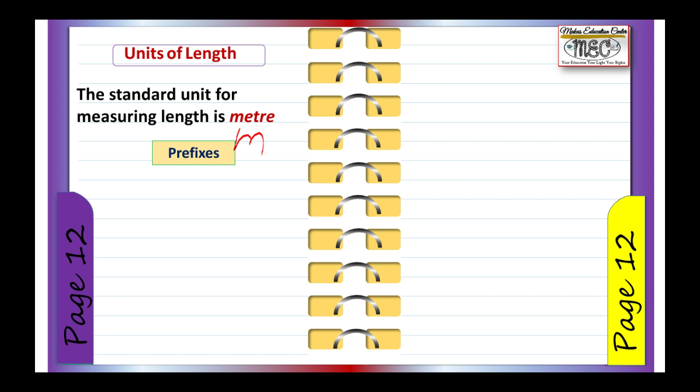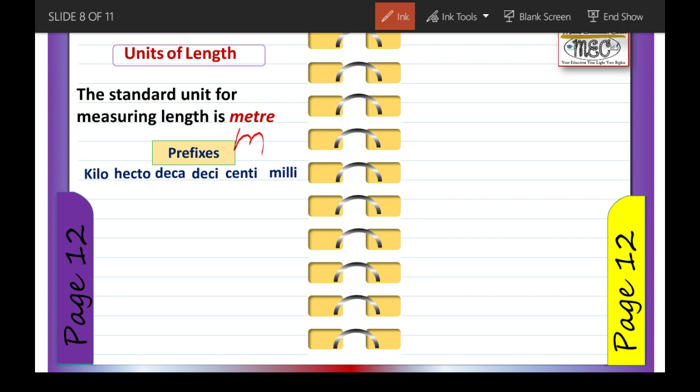The standard unit of length measurement is the meter, but we also have other units, not meters. So how do we get those other units? We use what we call the prefixes. The prefixes are kilo, hecto, deca, deci, centi, and milli. For your information, you must know that when you say kilo, kilo means times